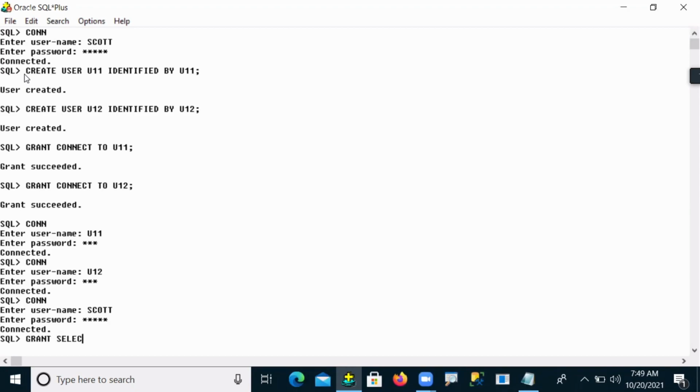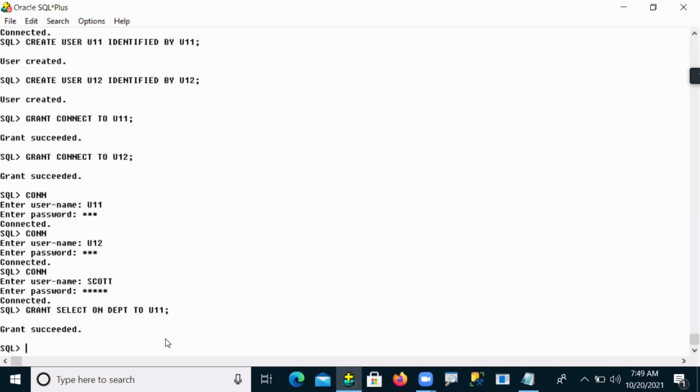So grant select on DEPT to U11. Carefully observe, your admin was giving the grant select permission on the DEPT table to whom here, to user 11. So grant succeeded.